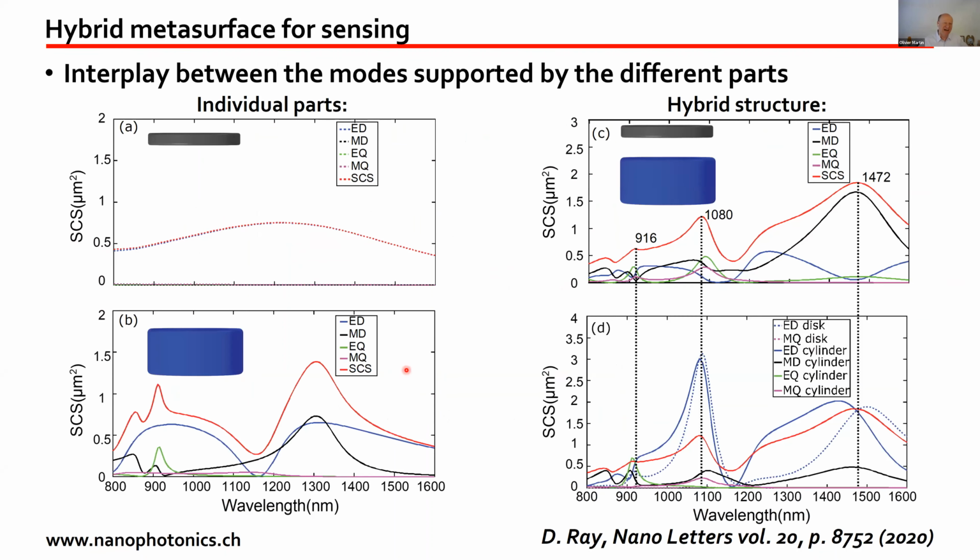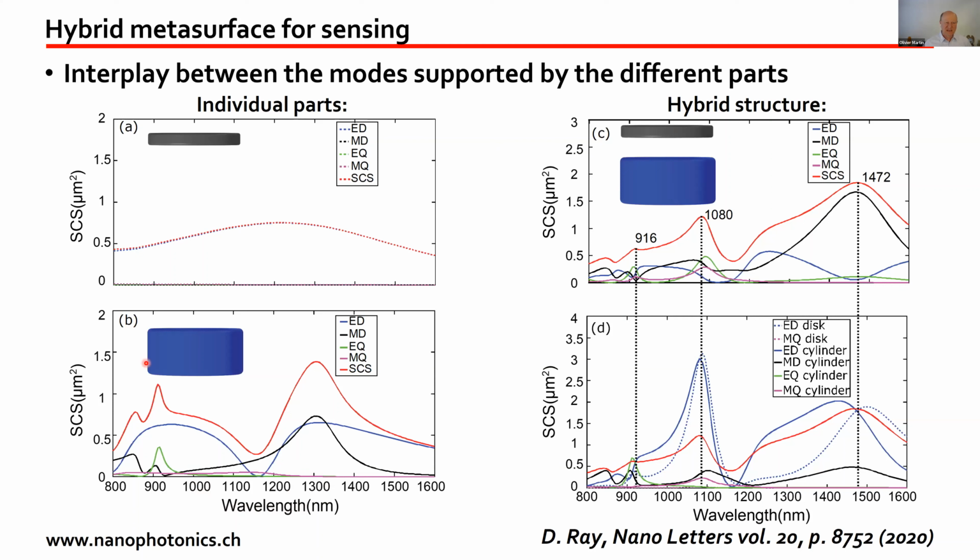If we analyze a little bit the response of that system, here on the top, it's just the aluminum disc. It mainly has one electric dipole resonance. So without going too much into the detail, it means one broad resonance that covers quite a wide range of the spectrum. Here we're coming into the near infrared for that system.